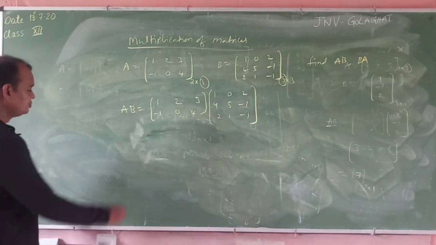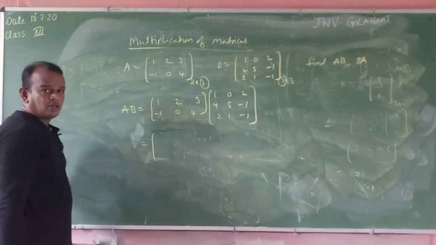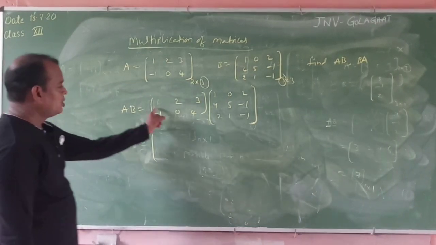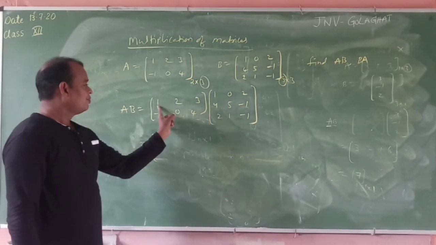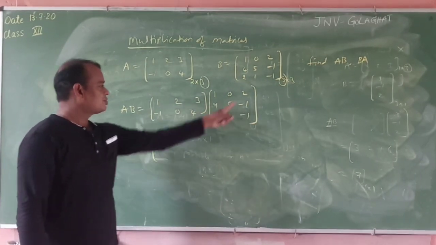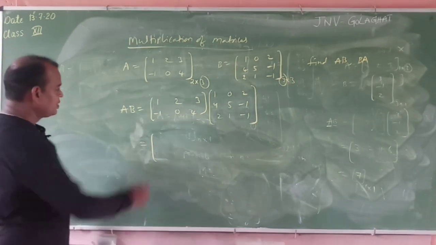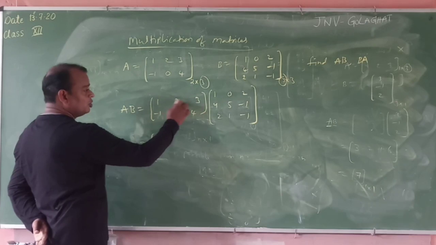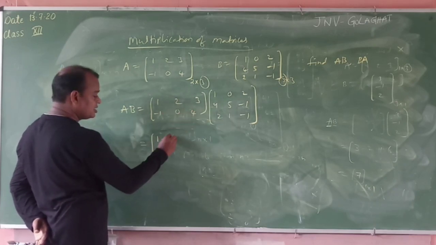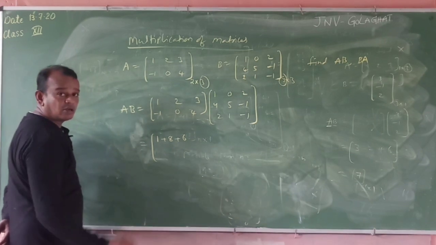Now, what is that? Already I taught that before. Row multiplication by column means first row, first column, first row, second column, first row, third column, multiplied row by column. How to multiply? You know very well. 1 into 1, 1. 2 4s are 8, plus 8. 3 2s are 6. This is over. Row by column multiplication is over.